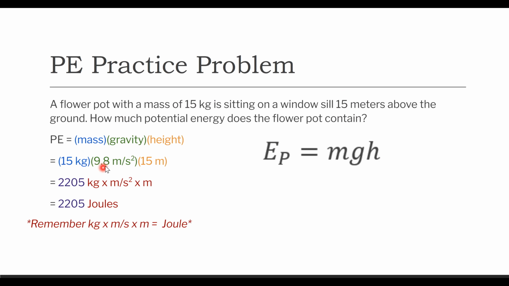15 times 9.8 times 15. Remember, if it's in parentheses, all that means is it's being multiplied. So this is 15 times 9.8 times 15. All right, and when we multiply that, we get this 22.05. And instead of writing this long unit, we say joules, okay? So joules